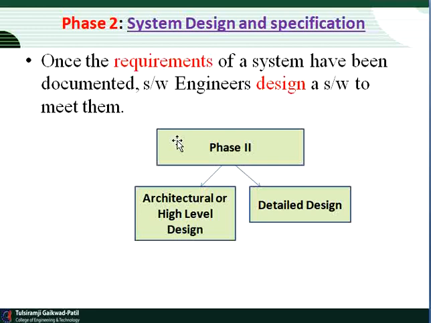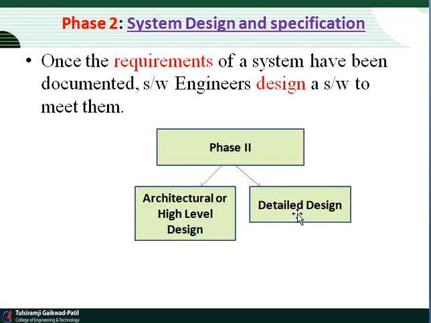This is the first priority of any developer or engineer. So in phase 2, architectural or high level design, this is, in the sense, simple modeling design. We have to design a particular rough model, and after the design is finalized by the customer, we can go ahead and design the high level design.